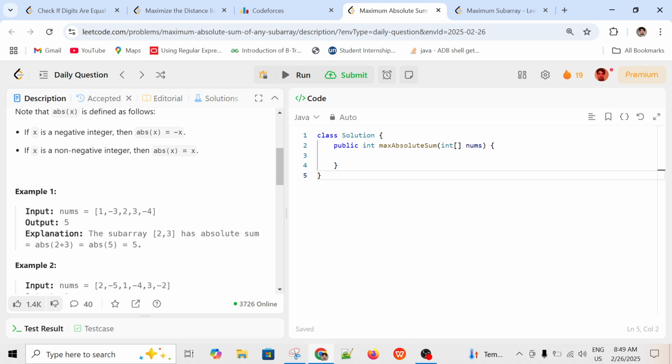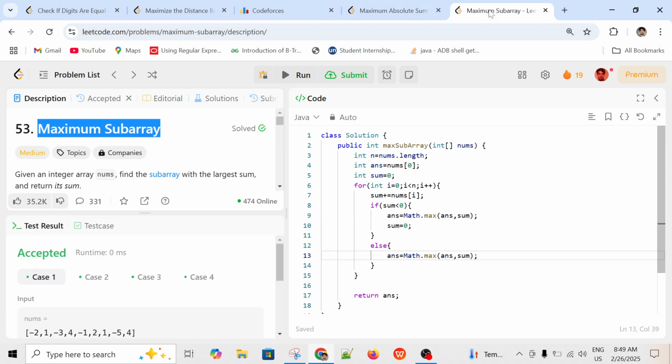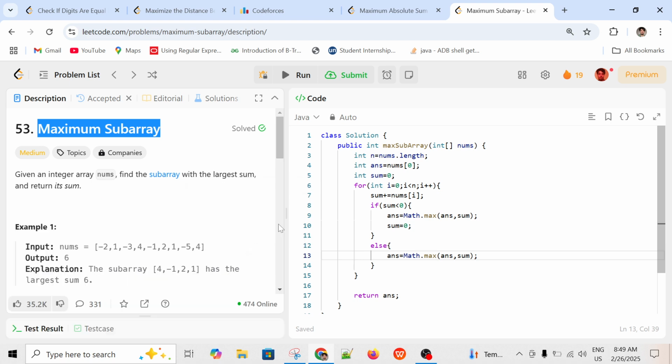So this is positive, we will make it negative, and again find the maximum subarray sum, and of these two, whichever is the maximum, we will return it. So this is very similar to this problem. This is problem number 53, maximum subarray. From here, in this example, there is a